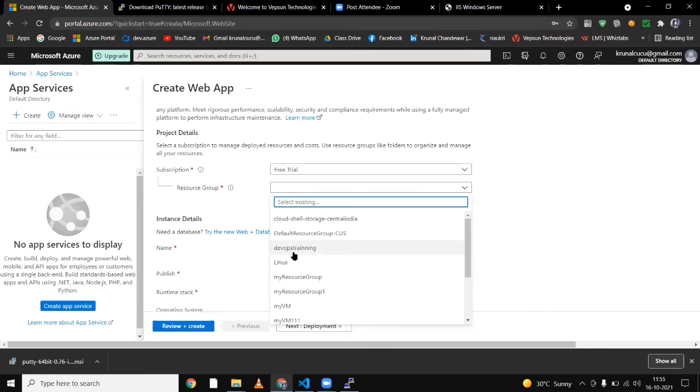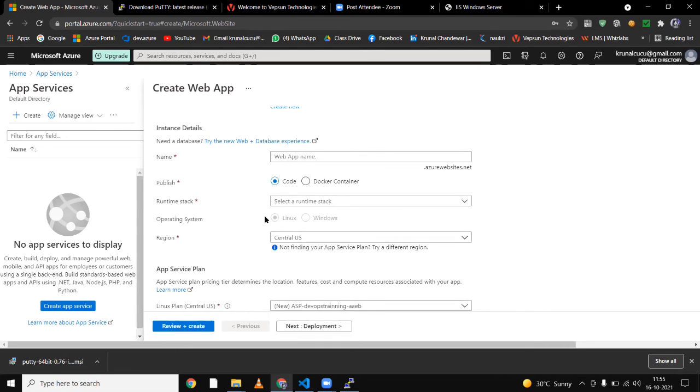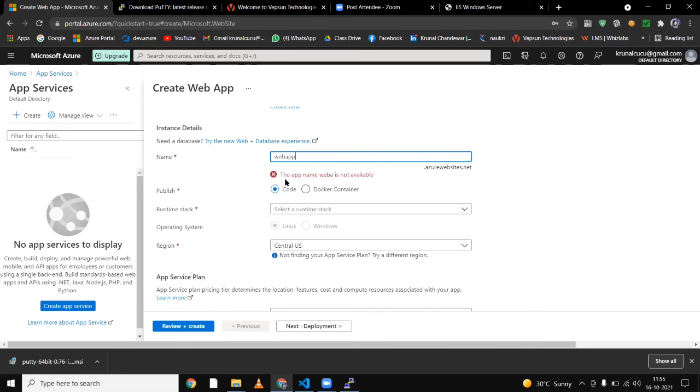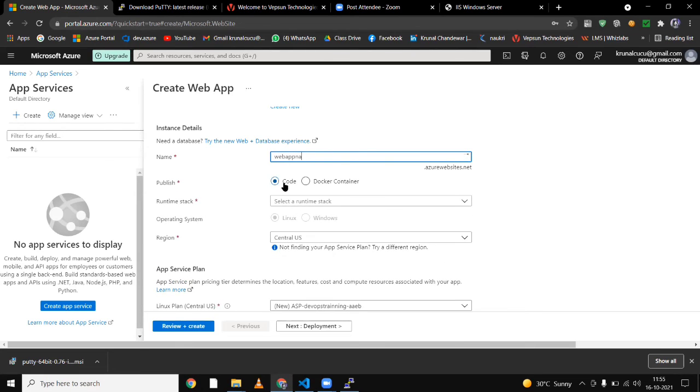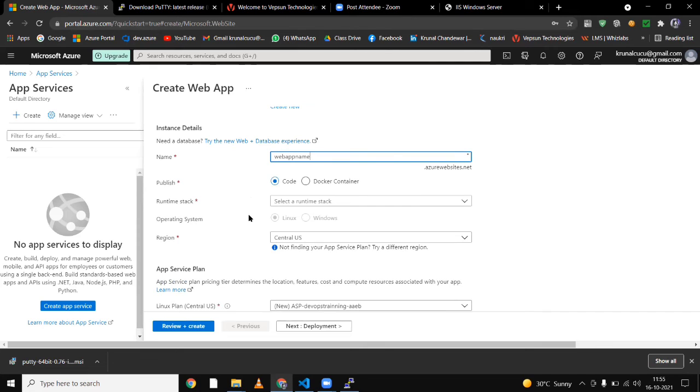Yes, the demo DevOps training resource group I selected, and here we have to give the name of our web app. Like I gave, web app name one.